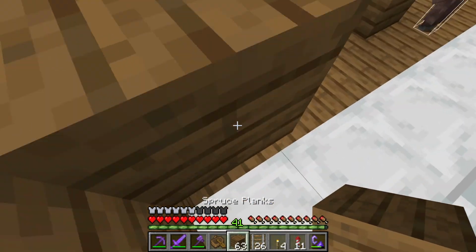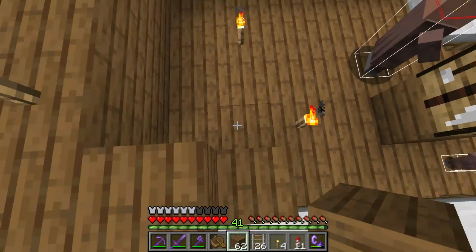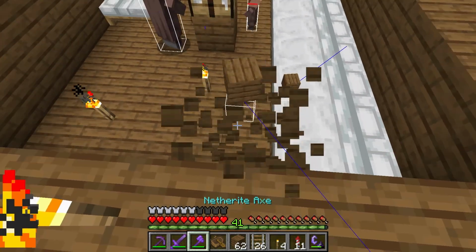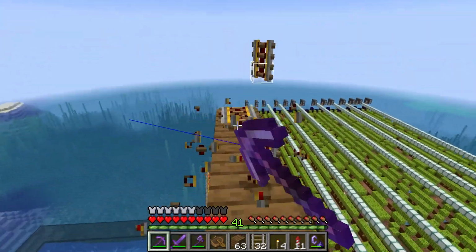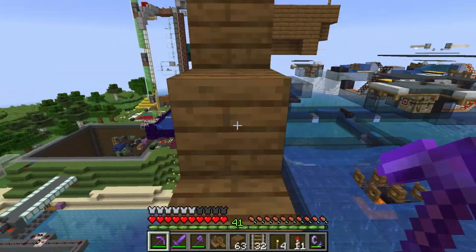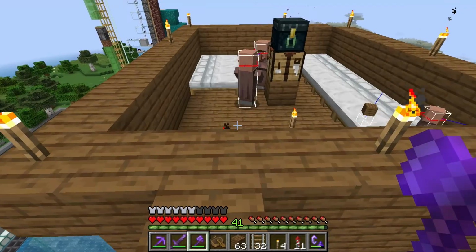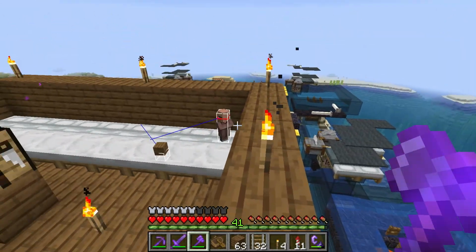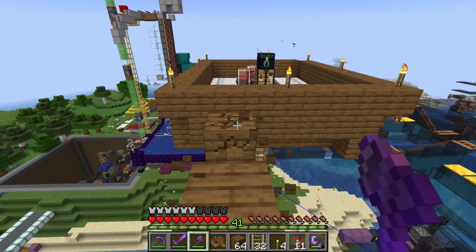Let's get out of here. Come on. Make sure that they can't get out. There we go. And that is that. So now what I need to do is take all of this down, and the next step is just to wait for these guys to... Oh, I thought he was going to get out there for a second. I know he can't get out. He can't jump that high, but...